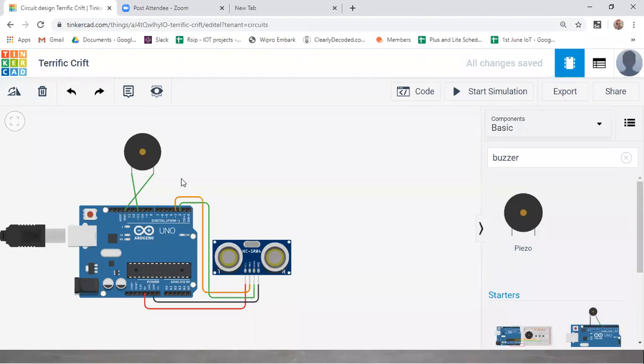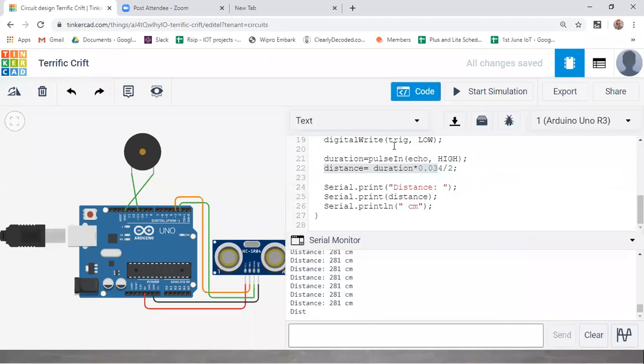But if you want to make some frequencies, just think about how a buzzer works, how your speaker works. Based upon the frequency of your sound, whatever I'm speaking, it is in the form of some frequency, right? So based upon that frequency, the speaker in your mobile phone, or in your laptops or PCs, works. Similarly, this piezo buzzer. I'll show you why we are going to give it to a PWM pin.